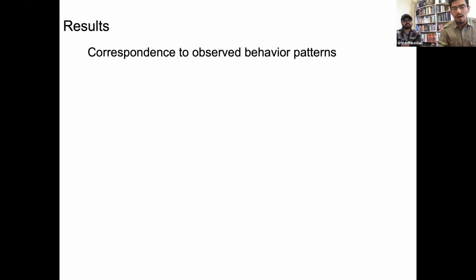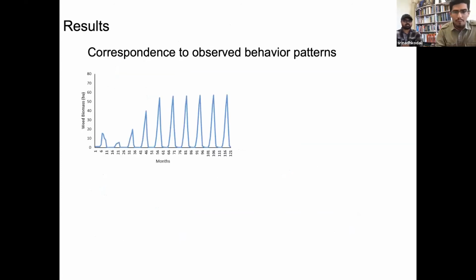Now, based off the model, plugging in realistic numbers into the model, we got some certain results. I should note that these results are taking into account no switch. So the farmer is not switching chemicals with the graphs that we're about to show you. Now, from what we can see is that for the first few years, we see that the weed biomass is